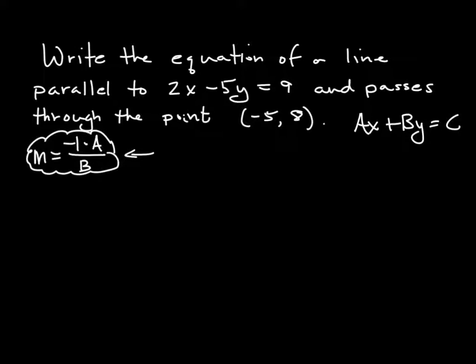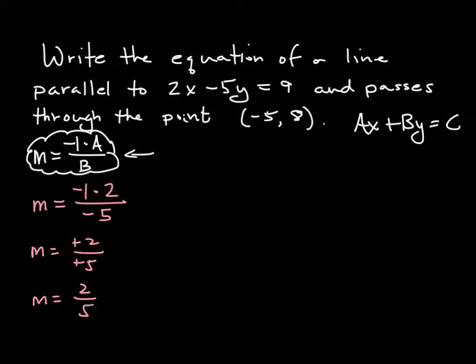So here we go. My a is 2, so m is going to be equivalent to negative 1 times 2. The 2 is coming from the coefficient of x. Divide that by the number in front of my y, which is negative 5. If the minus is there, don't forget the minus has to travel with it. So I do negative 5. Then I clean this up a little bit. Negative 1 times negative 2 is negative 2 over negative 5. And then from here, 2 negatives make it positive, so my final cleaned up version